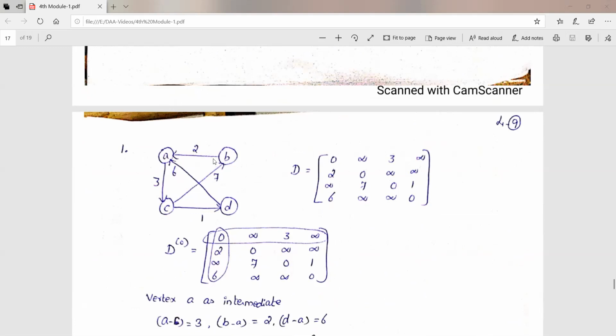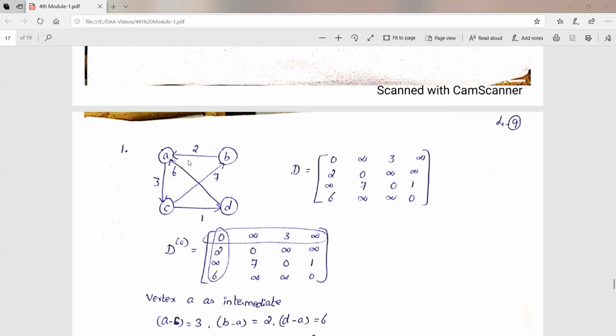Okay, so this is the directed graph. So you make the value only for one side where it is pointed. Okay, so from a vertex to the same vertex, the value will be 0. So usually the diagonal value will be 0. So if there is no edge, make it with the infinity value.